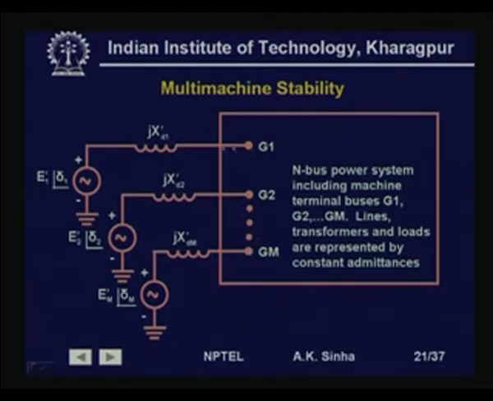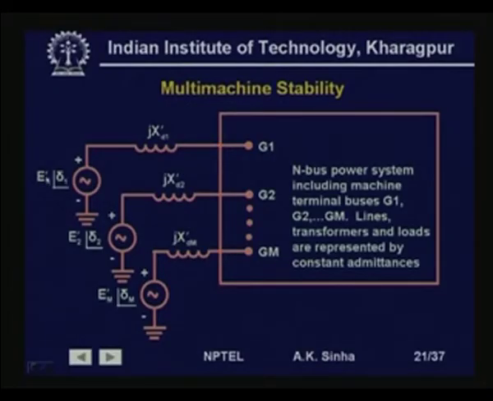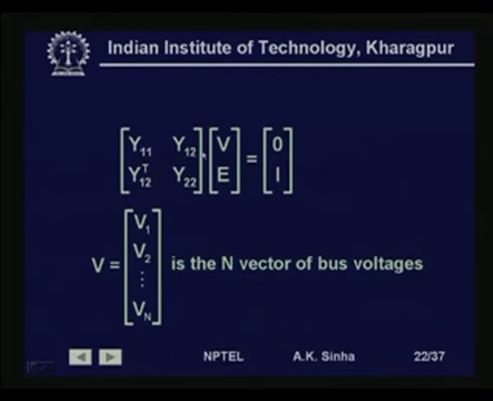Okay. And these machines we are representing as a voltage source behind the transient reactance, the simplest possible machine representation that we are doing. So, machine 1 has the internal voltage E1', and a power angle delta 1, jXd1' is the transient reactance, and so on for all the M machines. Now, if we have this system, then we can write the relationship for this system as